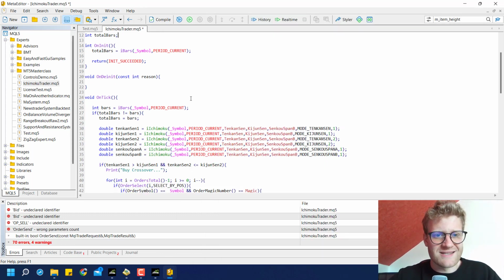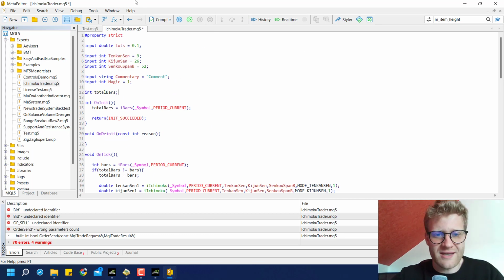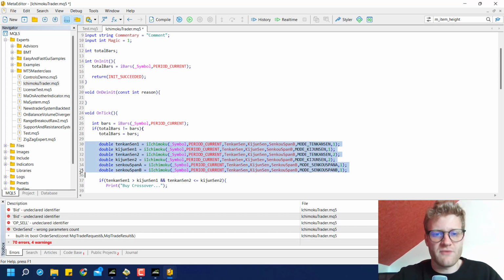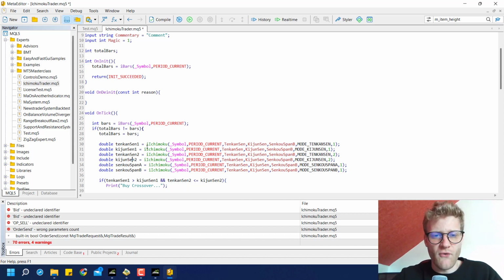But still, there are some major changes which you have to take care of so that your MetaTrader 4 program will work in MetaTrader 5. First of all, and maybe one of the most important points, working with indicators changed. In MetaTrader 4, you use a function like iIchimoku to receive a specific value from this indicator. And you can provide the symbol, the time frame, then the input parameters for this indicator, and then the buffer and the shift value